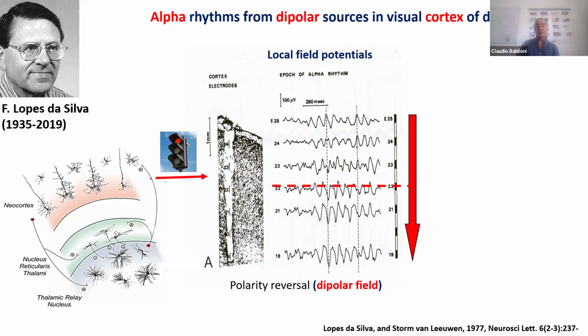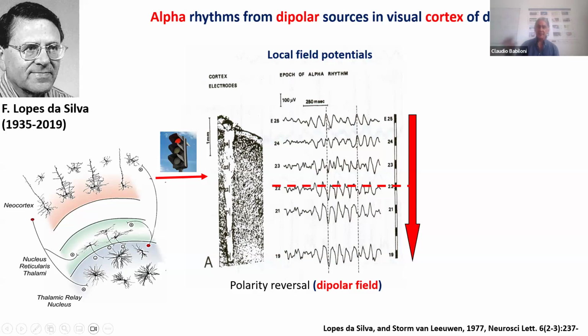intracerebral recordings. With an electrode within the cerebral cortex, the tip of the electrode is very small, and so you can capture the electrophysiological activity of a small number of cortical neurons. When you record scalp EEG, you have large cap electrodes with several millimeters of diameter, and you record from millions and millions of neurons.